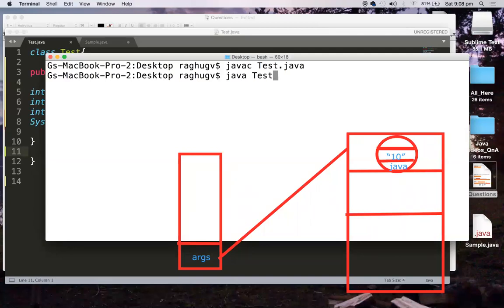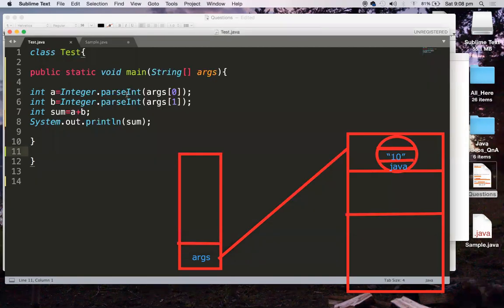Now when I say java Test, I'm passing two arguments, 123 and 321. These are two integers, but when they are sent to the main method, they reside in the main method's array, which is of type String. So 123 and 321 will become strings initially. Later in my code I am converting them back to integers.